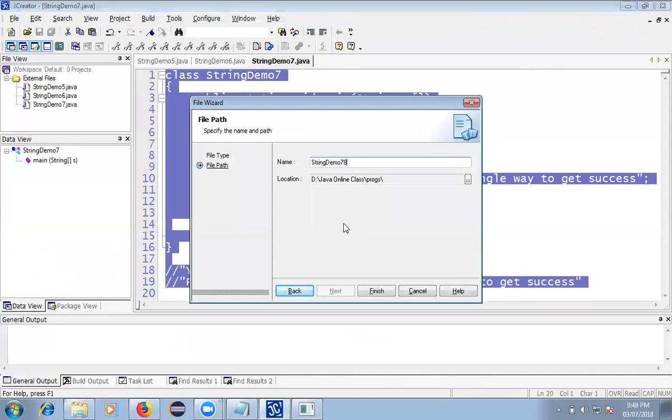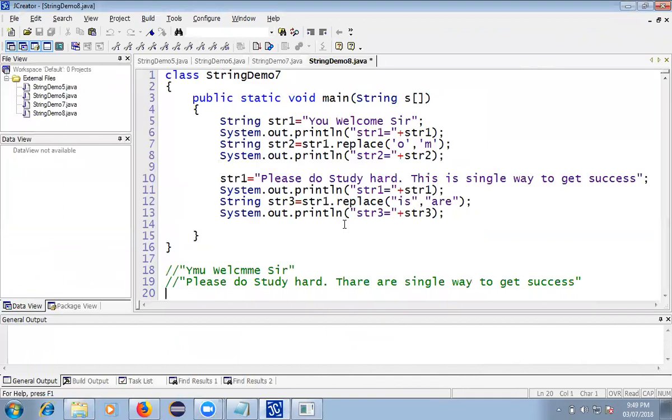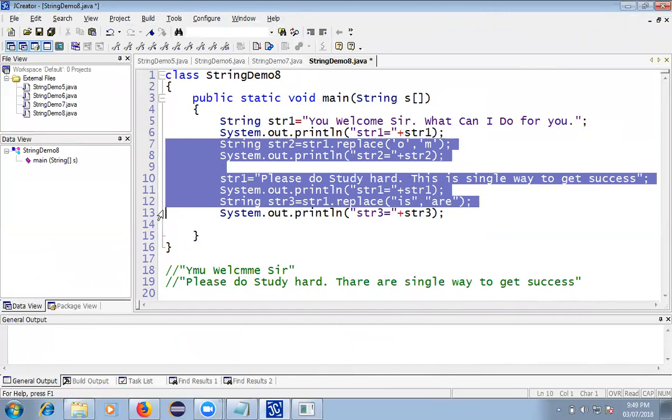String demos 8. You're welcome, sir. What can I do for you? Okay, so this is the string we have displayed. Now we are going to get